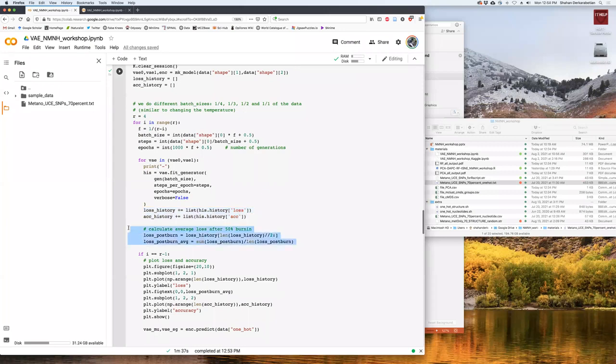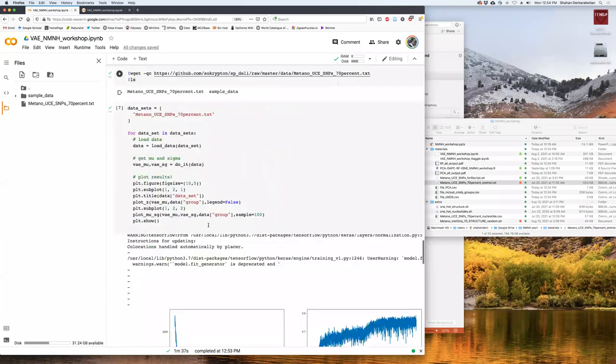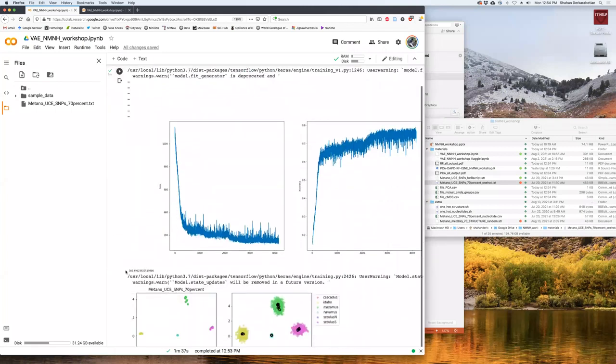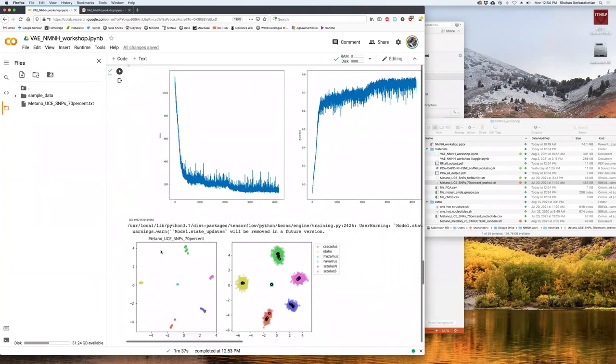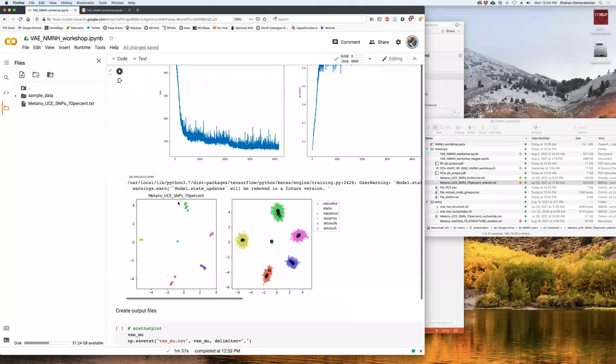I put this in; this is not in the original script. This is something I put in afterwards. This is where you calculate the average loss after 50% burn-in, and that gets reported right here. So after you do this 5, 10 times, which is what I do with any data set, I pick the one that has the lowest loss. That becomes the main figure and the rest go into supplemental.